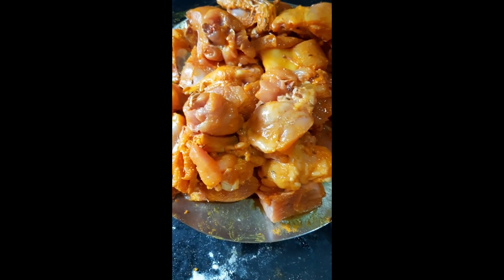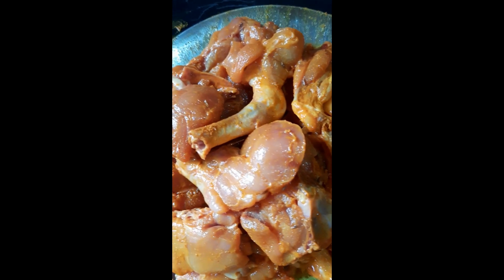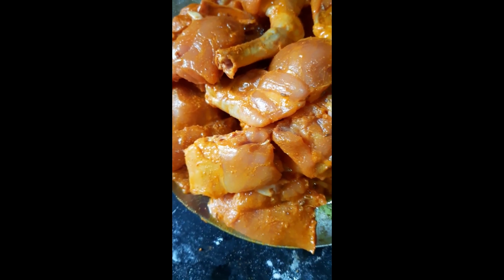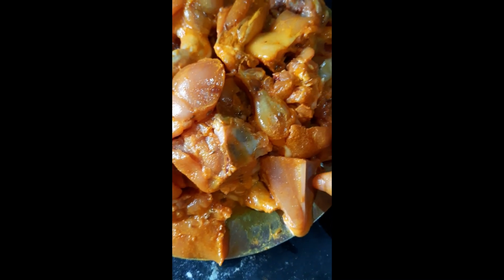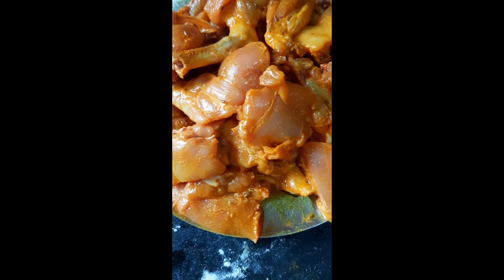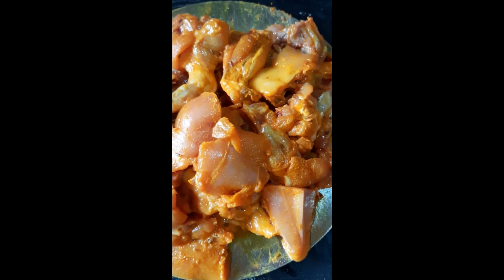After the marination, we will have to keep it around 30 minutes. If you don't have time, don't think about it. You can just cook immediately also. Now our marination is so simple and it's almost done. Just take